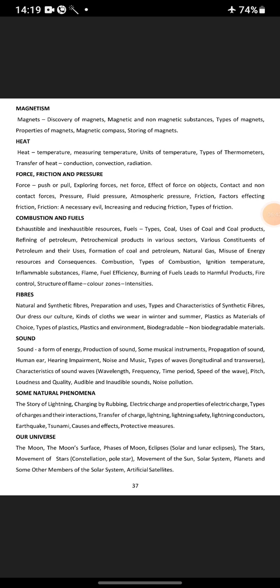combustion and fuels: exhaustible and inexhaustible resources, fuels, types, coal, uses of coal products, refining of petroleum, petrochemical products in various sectors, various constituents of petroleum and their uses, formation of coal and petroleum, natural gas, misuse of energy resources and consequences, combustion, types of combustion, ignition temperature, inflammable substances, flame, fuel efficiency, burning of fuels leads to harmful products, fire control,